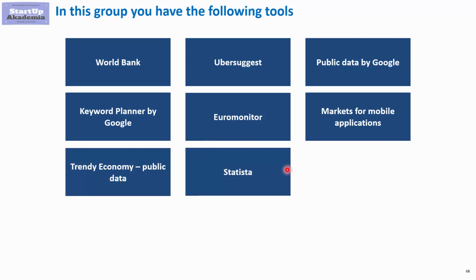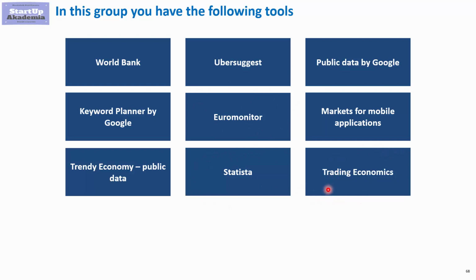I would also recommend using something called Statista. It aggregates a lot of data from different sites. It's a paid solution. However, it has very detailed data on certain things that are not that easy to find. It is a little bit similar to Euromonitor. However, here you would have in some cases data which are not covered by Euromonitor. Another site where you can find macro data and also some data on certain industries is Trading Economics. So this is again something you should consider checking.